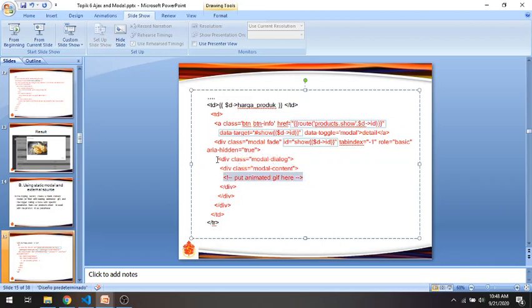So in our modal dialog, this one is our modal dialog. The content, we clear the content, and you can also put an animated GIF here for loading while waiting for the external page to come up.